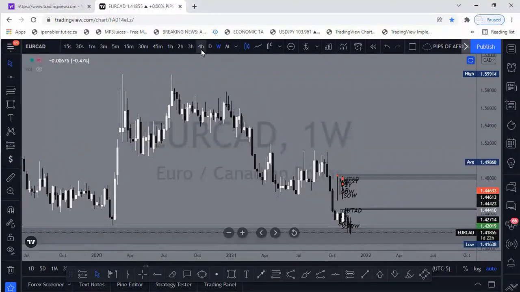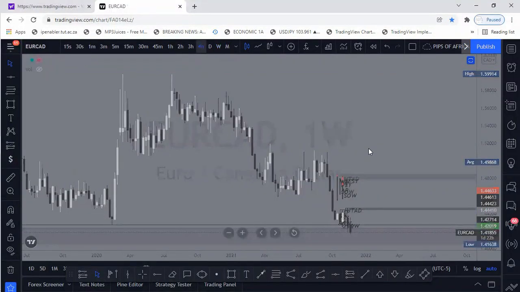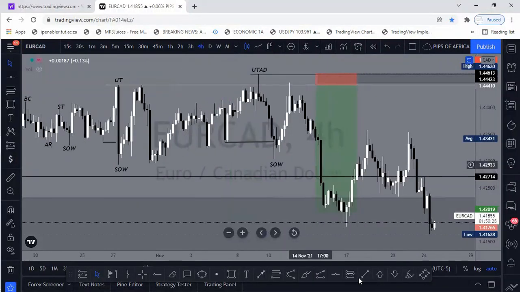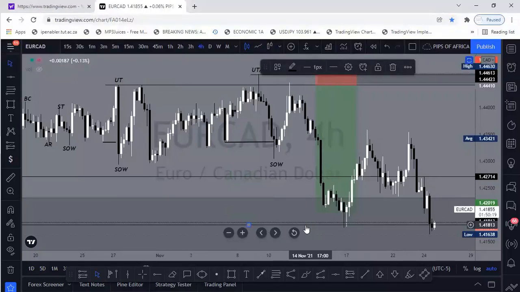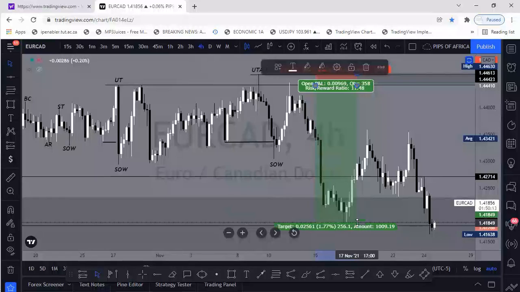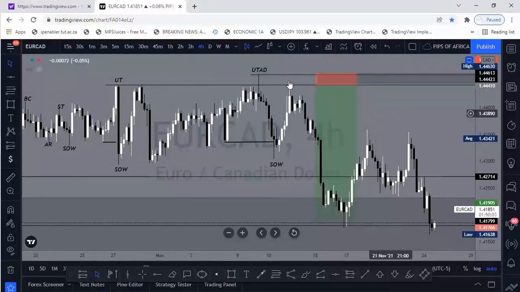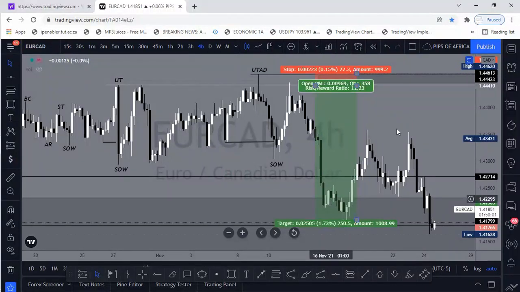So you can see now that my TP was here. This is the 50% of that order block. So my TP was somewhere here at the 50%, but above the 50%. I can't just put it exactly at the 50%, it has to be a little bit above the 50%. So all the way to the downside, this is how